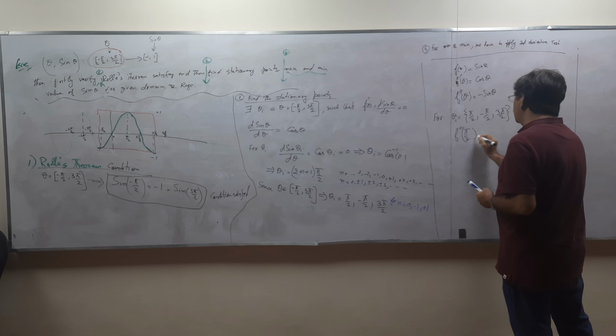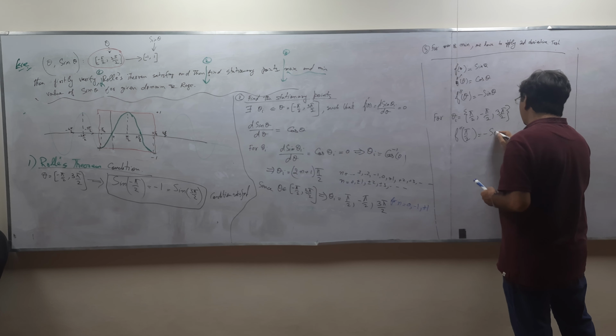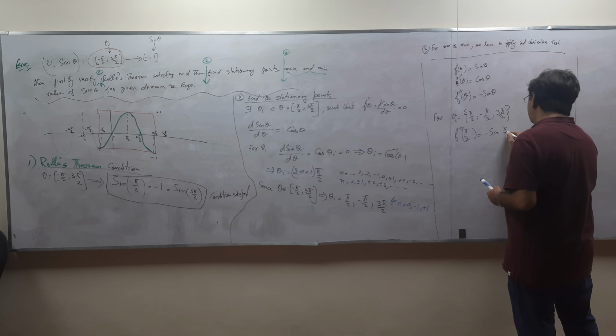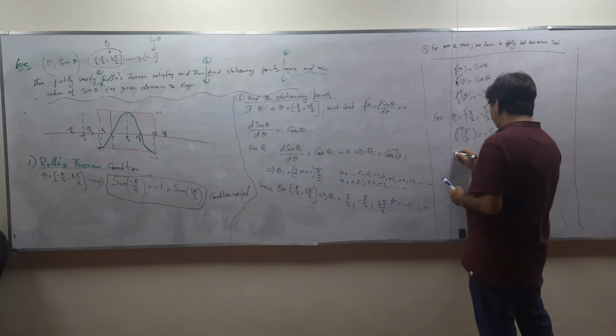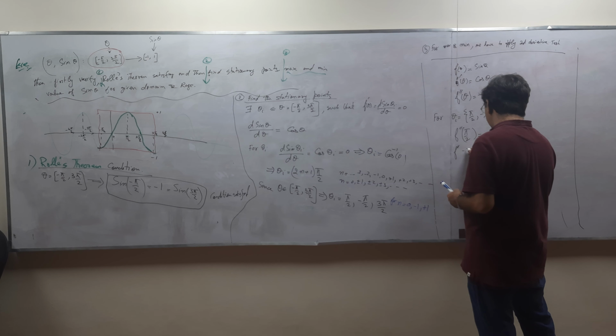F pi by 2 minus sine pi by 2. Yes, what is the value? That is equal to minus 1. At minus pi by 2,